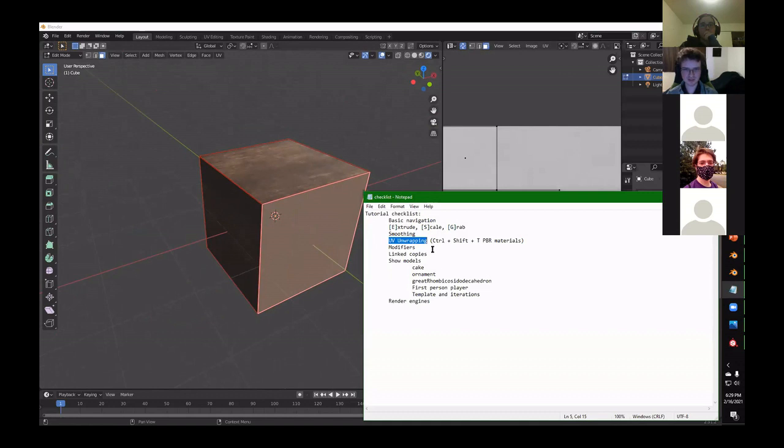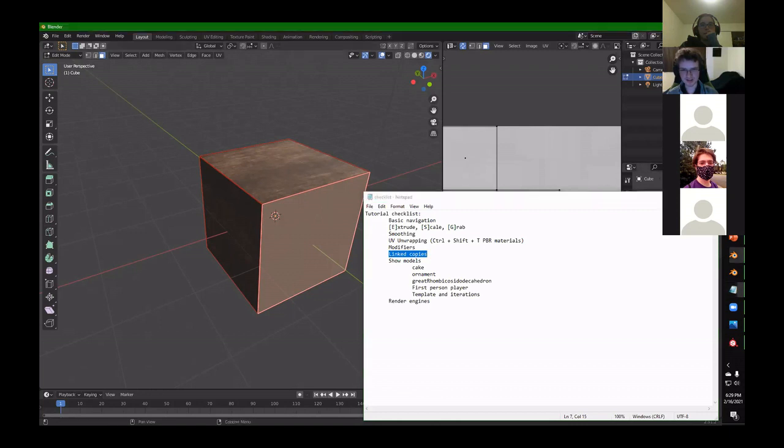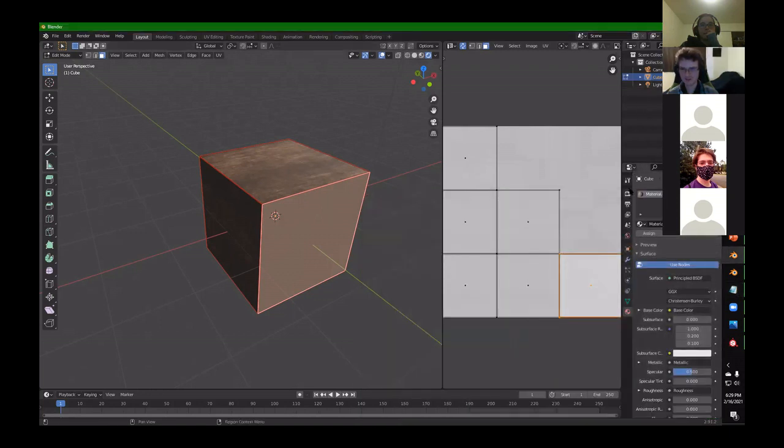We talked about modifiers a little bit. There's a lot more to do with modifiers in Blender, but you don't use them that often, except for, you know, the subdivision surface one, which is the make everything look good modifier. And I guess now I'll talk about linked copies. And I think that's about the last thing to talk about. Oh, besides the